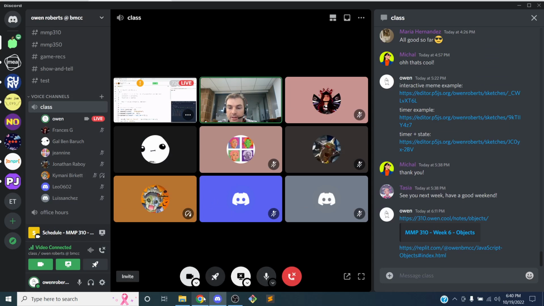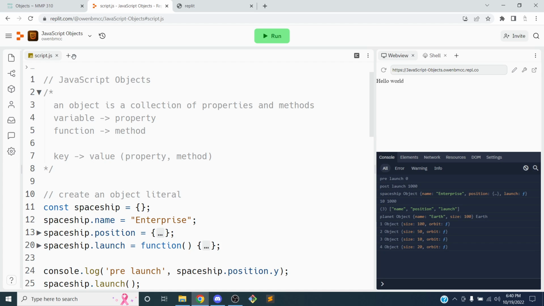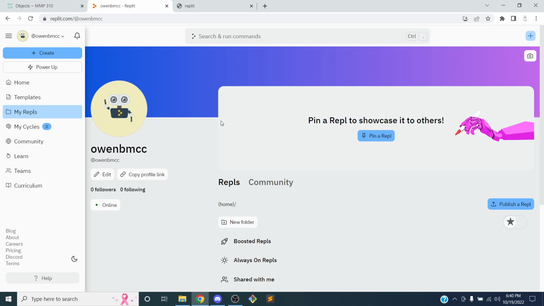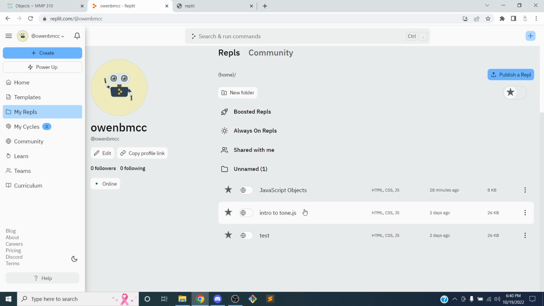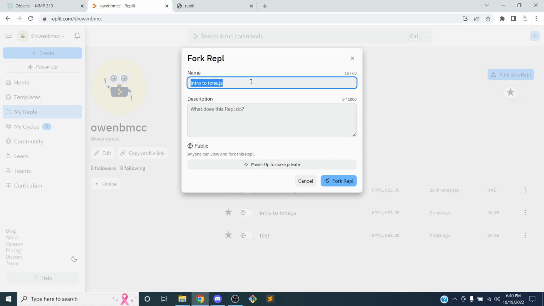And I'm going to fork the example I started the other day. So I'm going to go back to my Replit account. And so I started this intro to Tone. I'm just going to make a copy of this. So I'm going to go over here and fork this. And we'll call this